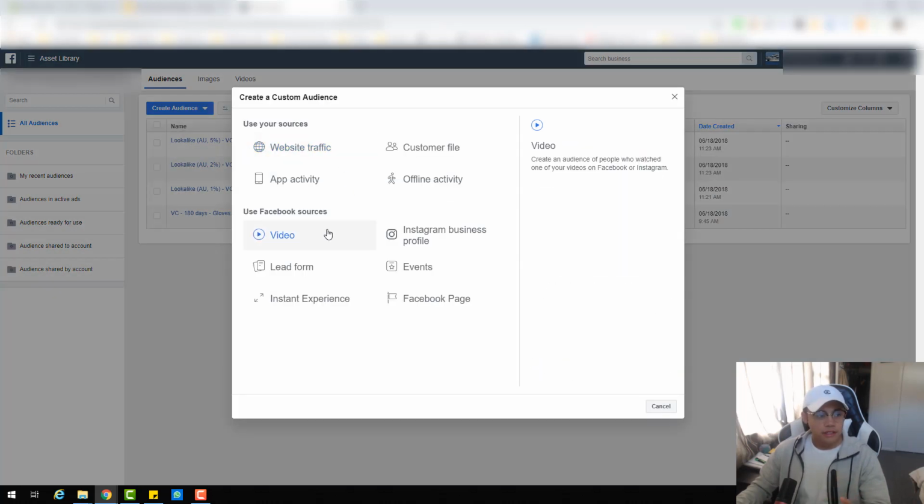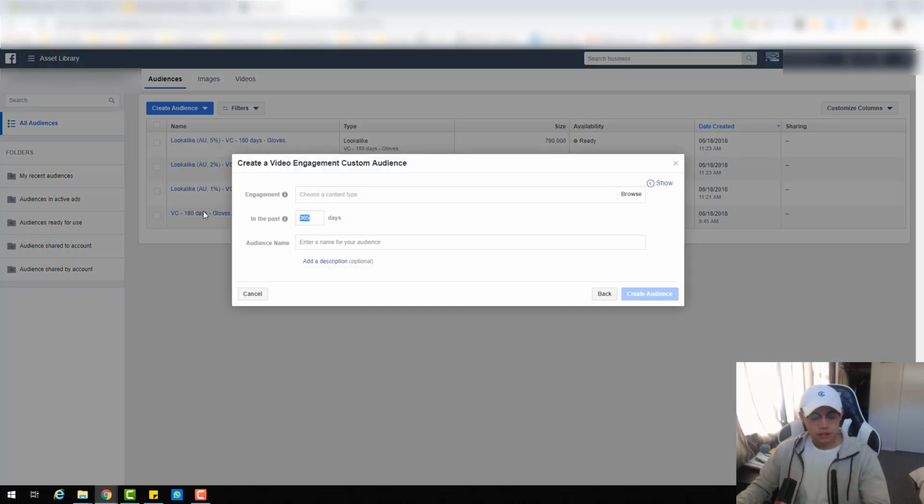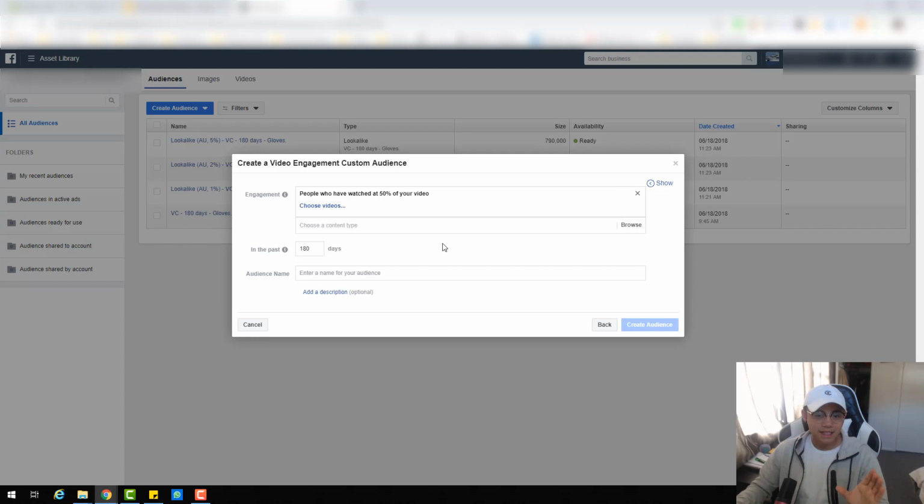Now the first custom audiences that you want to make are the video views. So you just click Videos, change that to 180 days, and go browse 50% of your video. This is the first one you want to make. Choose video. Make sure you choose the video that you are using when you are advertising, and then you just want to name it